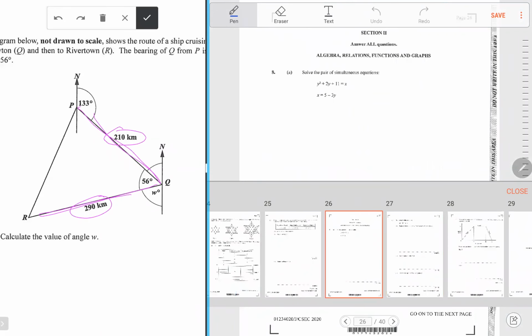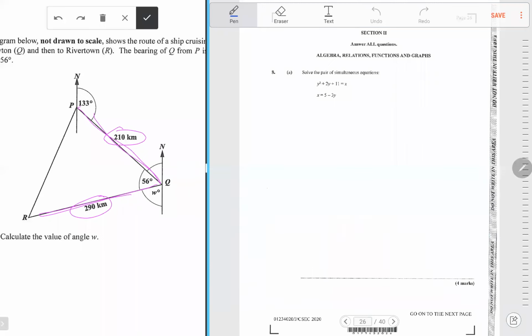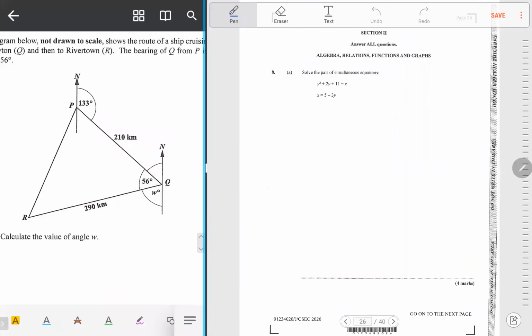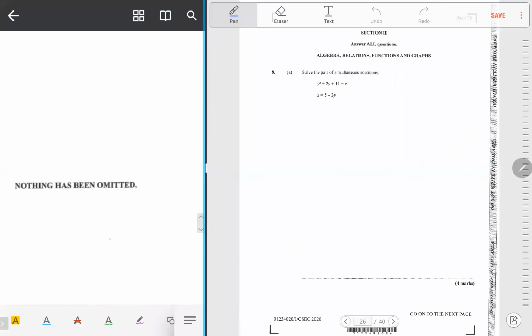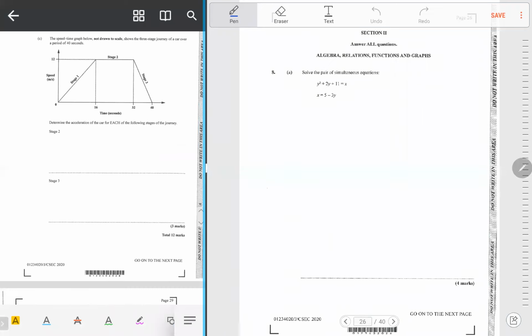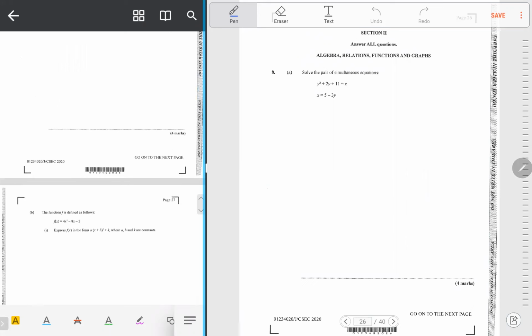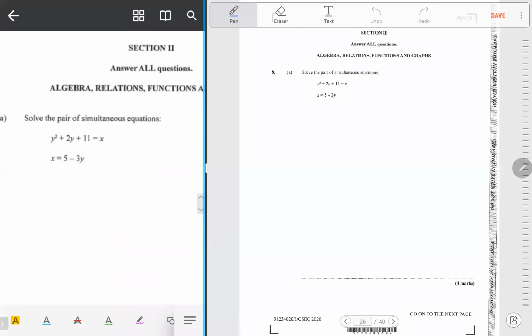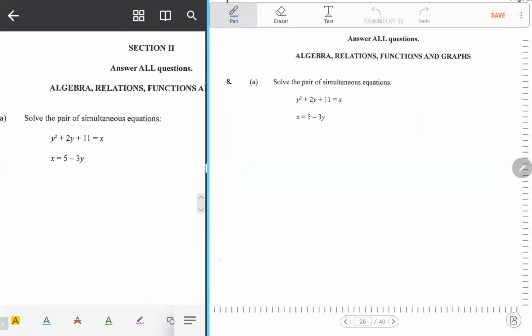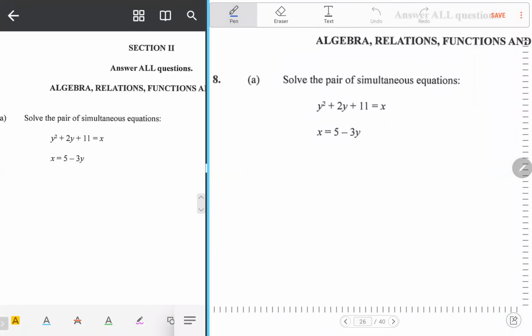It's question 8, right? Yeah, question 8. All right, so now at question 8. The first part of question 8 is a simultaneous equation where one is a curve